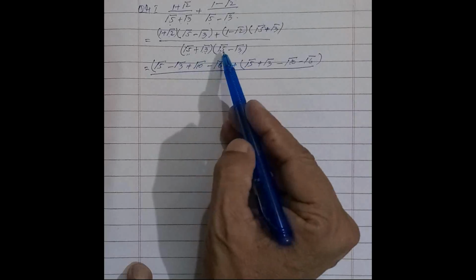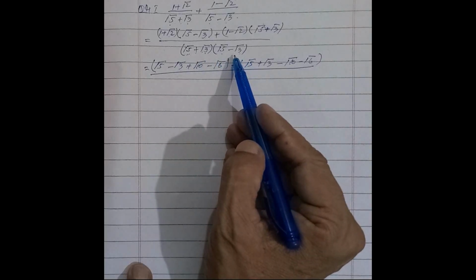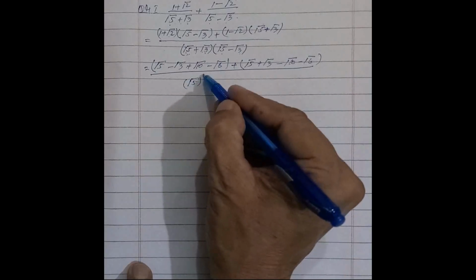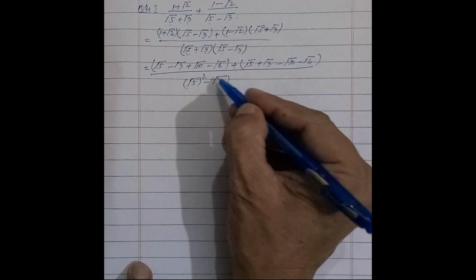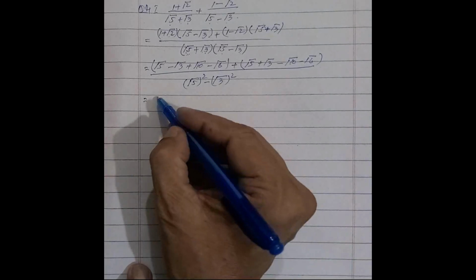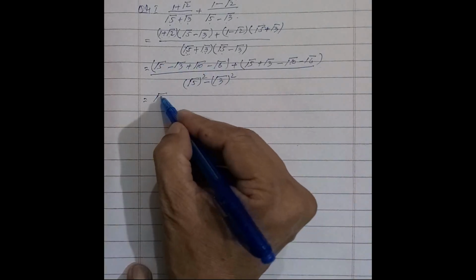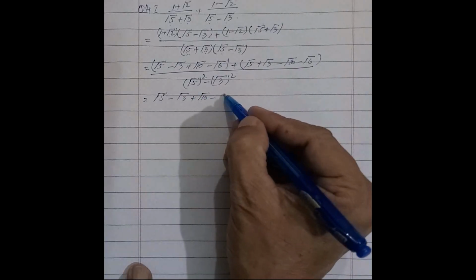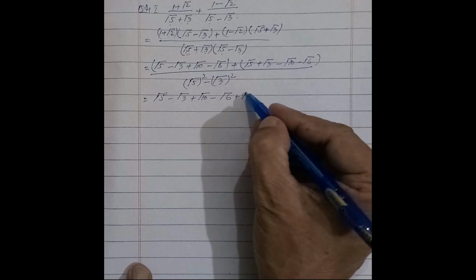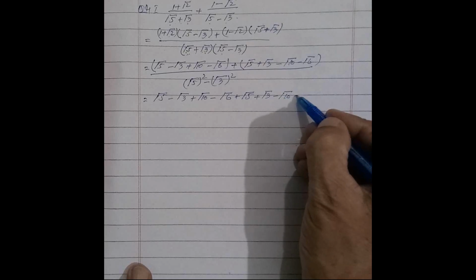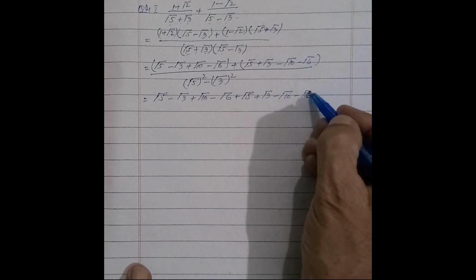these values are (a plus b) into (a minus b), and we can say that the answer is a square minus b square, square root 5 whole square minus square root 3 whole square. And now we simplify the numerator and the denominator. In the numerator we have square root 5 minus square root 3 plus square root 10 minus square root 6 plus square root 5 plus square root 3 minus square root 10 minus square root 6 over